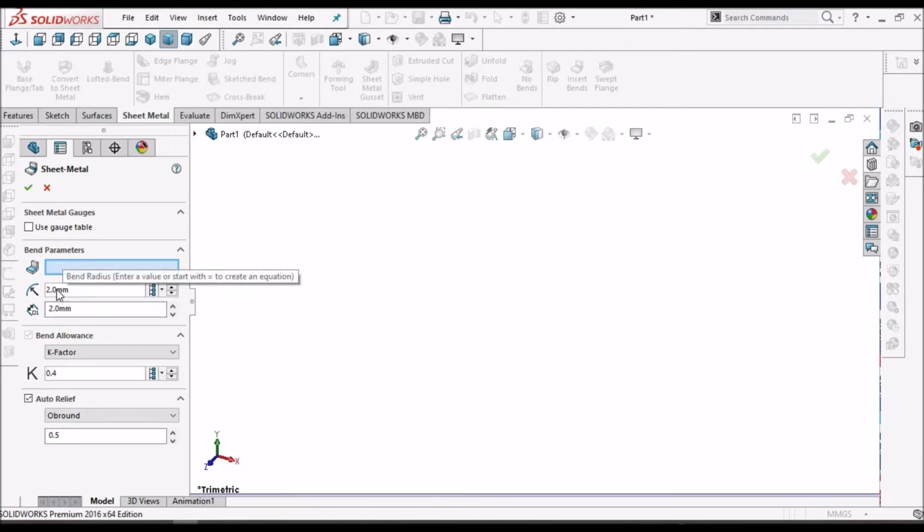Like if I change 2 mm to 3 mm, it reflects on the base flange as well as the edge flange and any jog features created on this. And even the K factor. So these are reflected on the rest of the features.